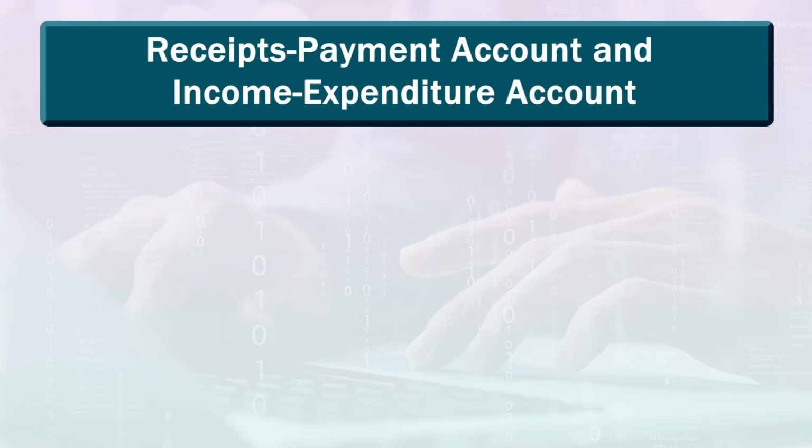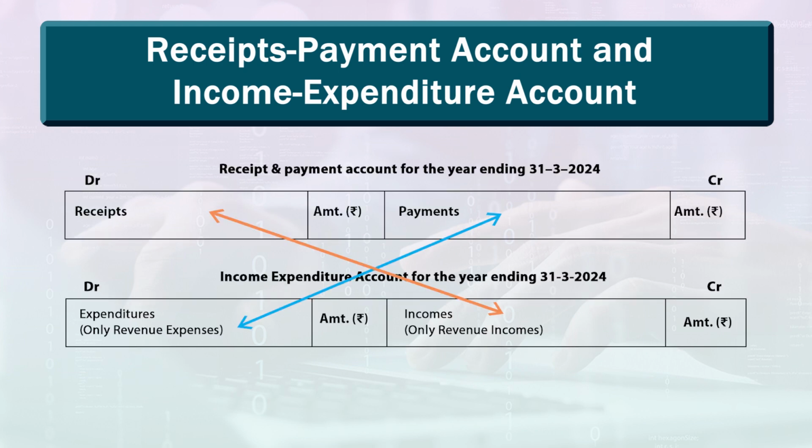In this module, we will continue with additional illustrations covering other aspects pertaining to annual accounts of non-trading concern. In continuation of previous parts, now we will see illustration 6 onwards. Let us recollect the format of receipts and payment account and income expenditure account. On screen, you can see receipt and payment account for the year ending